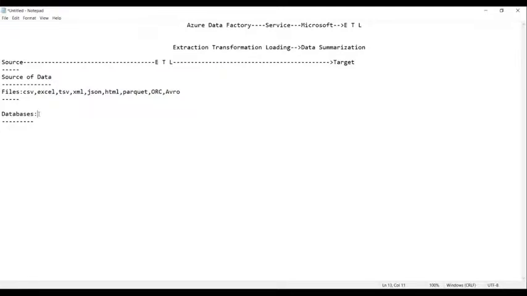And the second reason is that whenever you want to store data with more security, that much security is not provided in a CSV file or Excel file. Hence, we go for a database. And the third reason is access.